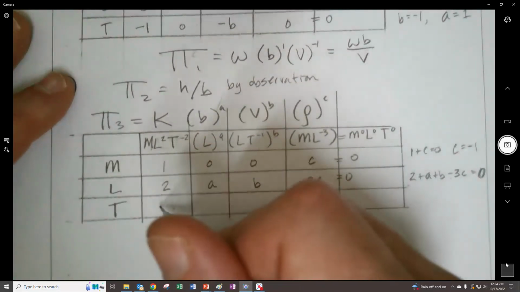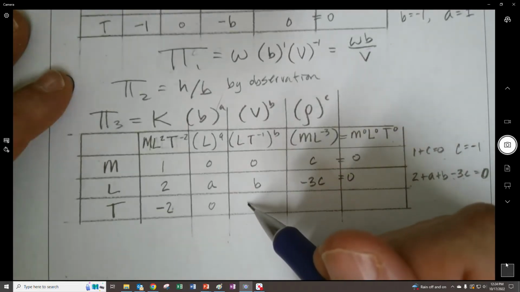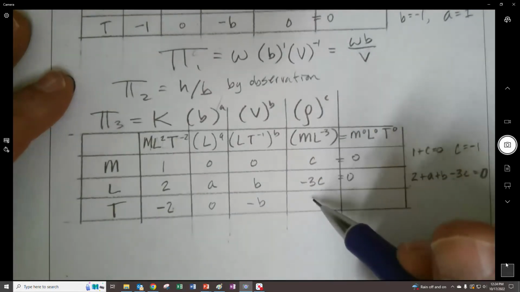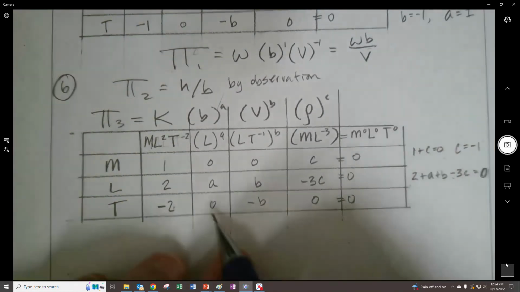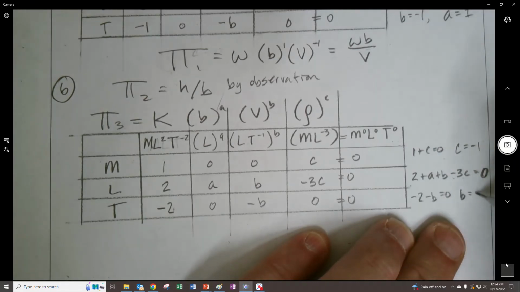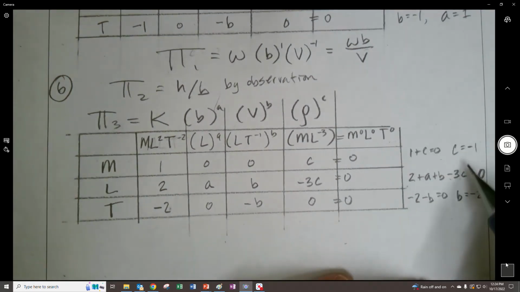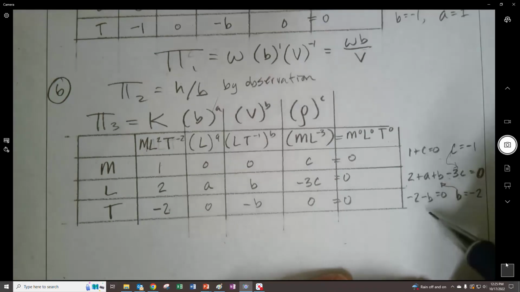Lastly, let's go for the time. -2. Right here is 0. Right here is going to be -b and 0 right there, right? Equaling 0. Therefore, we're going to have a -2 minus b equals 0. So b is going to be equal to a -2. Is that right? If we put this back in, right, so if we put in this guy right there, and we put in this guy, what we're going to find is that we're going to have a is equal to